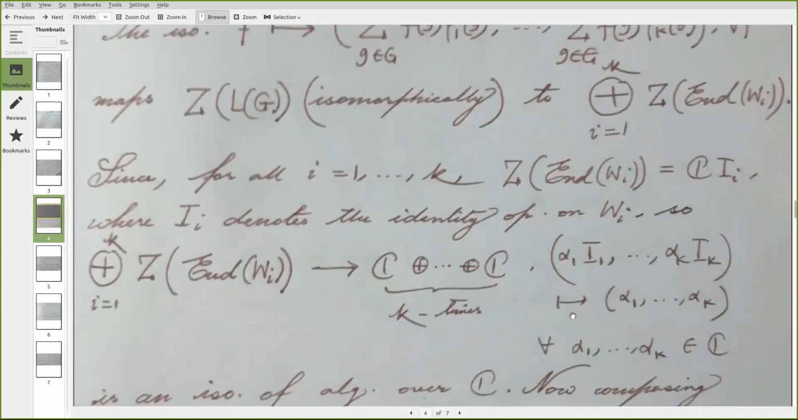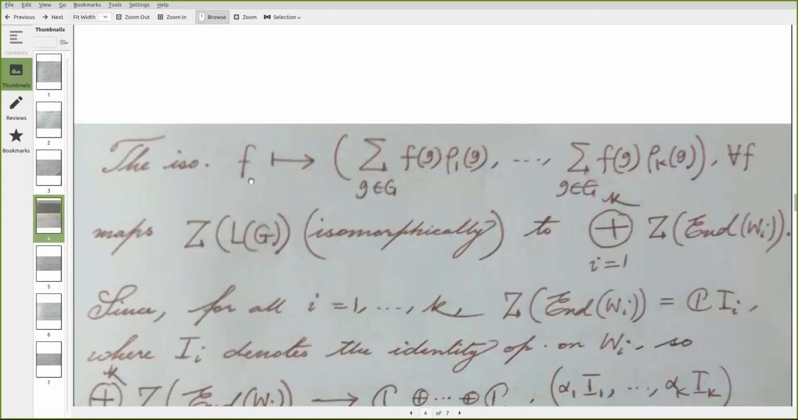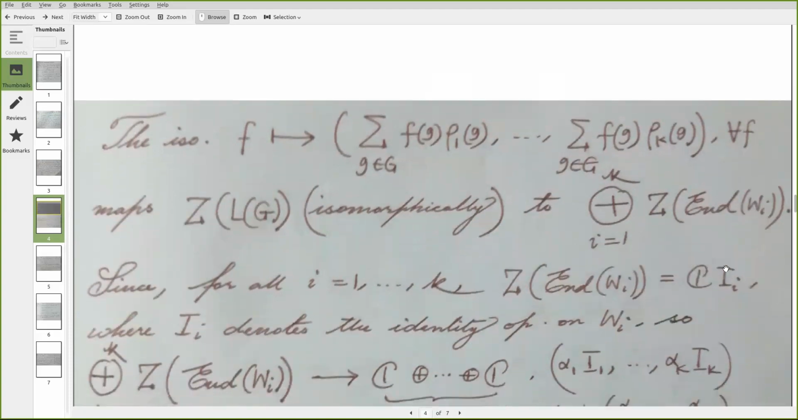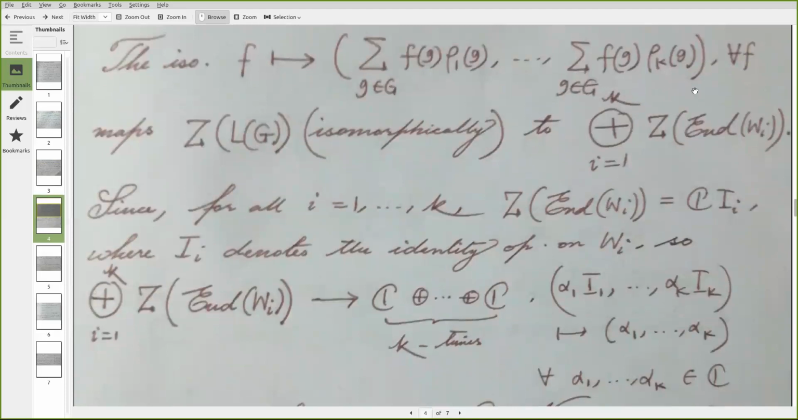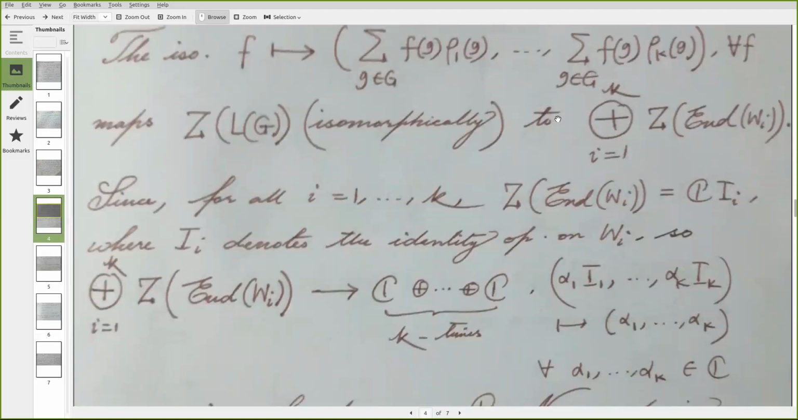Corresponding to each f belonging to the center, its Fourier transform, which belongs here, is nothing but this. Each component is some scalar multiple of identity, and once it's a scalar multiple of identity, we know how to compute that scalar. Namely, we do it by computing the trace. So the trace of a typical component here is the summation of f(g) chi_i(g), and therefore